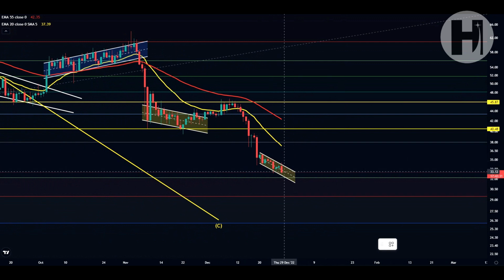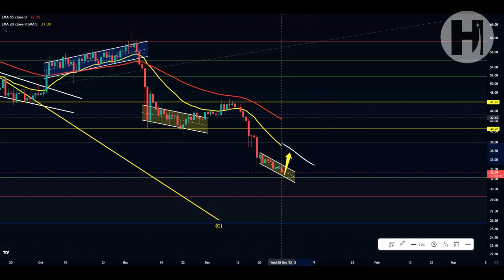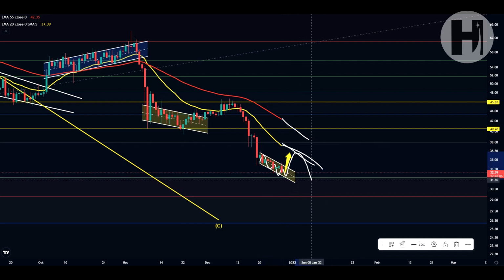So potentially, I'm going to be expecting a move all the way up into the 20 EMA, which is the yellow line here on the daily chart, and these EMAs are usually good levels for us to look at in terms of support and resistance. Of course, once we're below them, they are acting as resistance. That's why in a downtrend, you typically run into these EMAs as resistance, and they send you back down for a lower low. So potentially before we move down to our 1.618 target, we could retest the 20 EMA, and